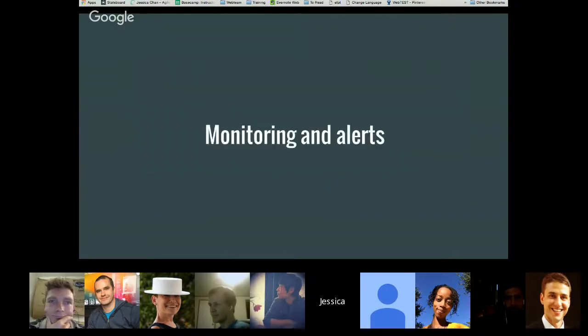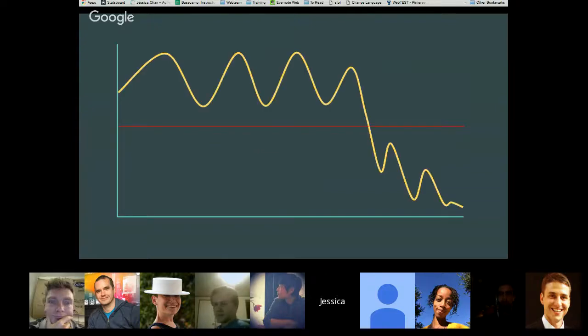And then finally, the last one, monitoring and alerts. So this is literally a graph. This is the gist of what a graph looks like when something is going really wrong. So basically, when we spawned a new service like Node, it's another process that's serving templates. That's just a new process to worry about, right? So what I needed was some way to track and make sure, across the many, many hosts that are serving Pinterest.com, that all the Node processes on them are really healthy. So how do you do that?